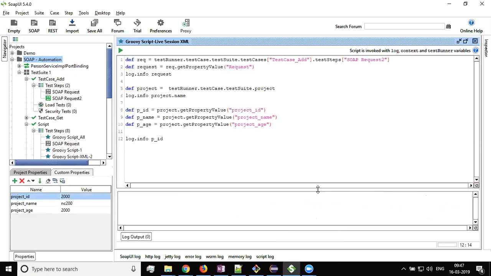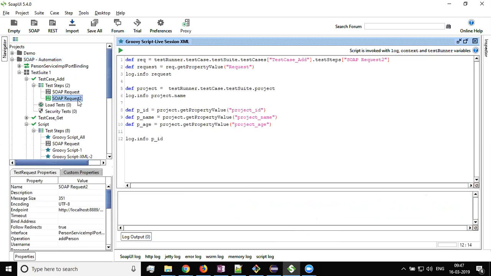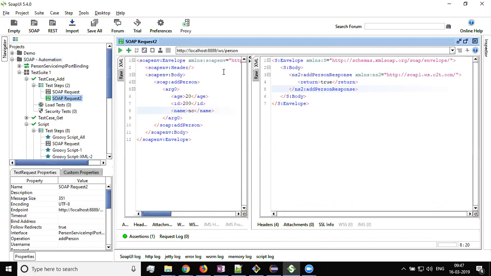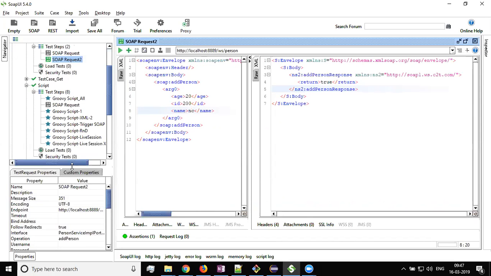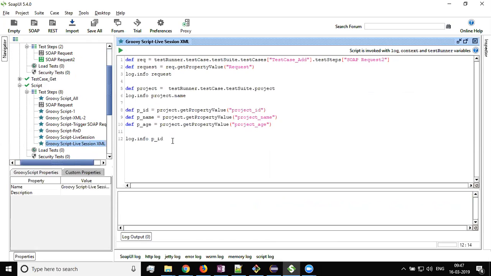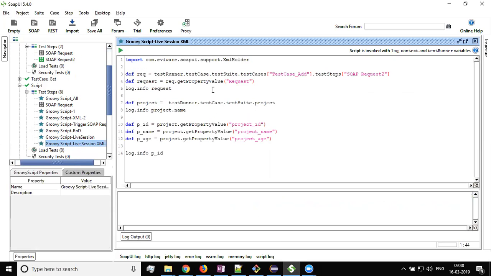I'll clear all this. Now what I have to do is take all these values and put it back in this XML file, right? So how do we do it? We will do it like this, because this is the script we are actually going to eventually execute. In order to do that, we have to perform one import. I'll talk about this import in detail tomorrow by looking at API documentation, but I need one import for